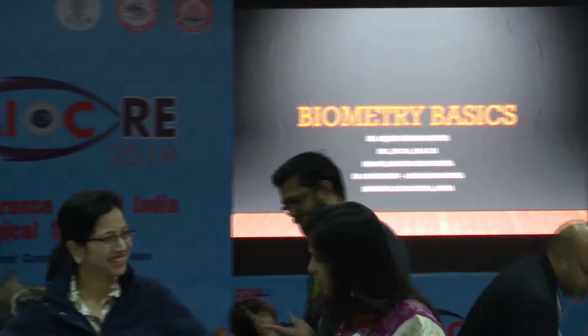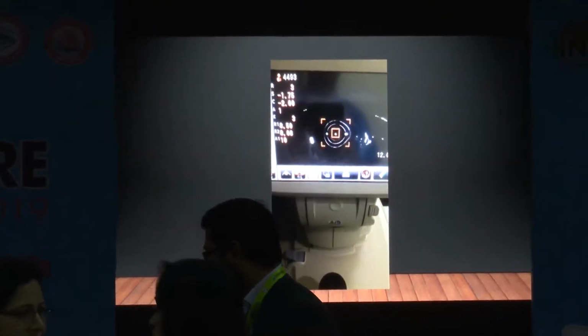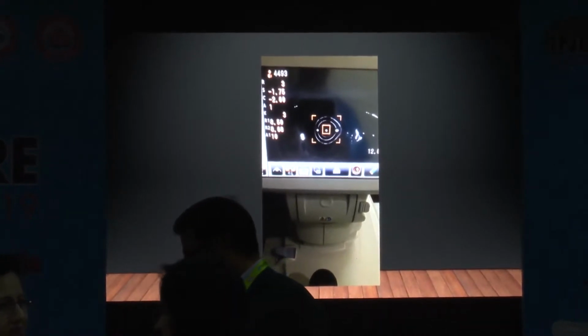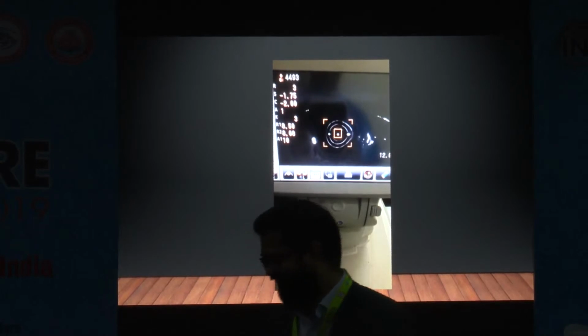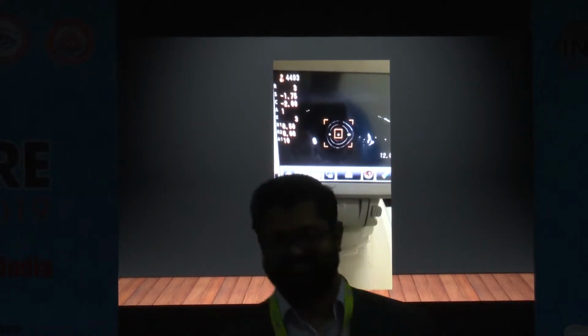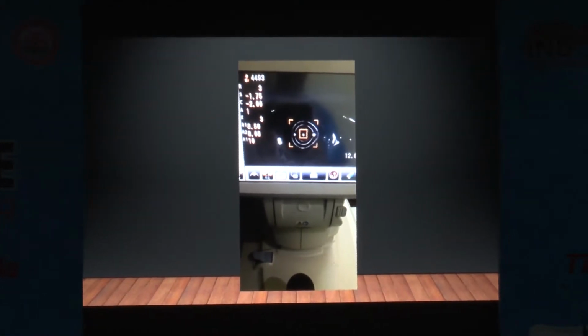And I have tried to go with the spirit of the topic, maps and graphs. Through a few pictures, I will try to convey the misses that we commonly come across. This is a picture of an automated refractive keratometer. This patient had pterygium; we tried to take keratometry with a manual keratometer but couldn't, but the autoref could give us the